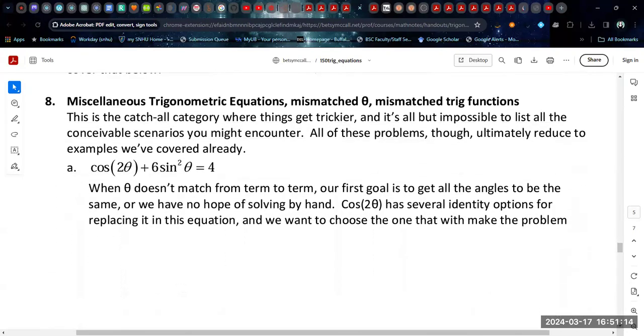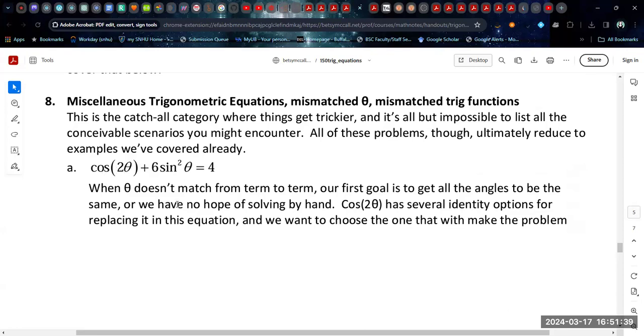Now, there are some other random, weird ones that get thrown into the problem. These can be a little bit trickier. You have to be sometimes a little bit more clever. It's impossible to list all the conceivable scenarios, but typically these problems will reduce to ones that we've already done. So if you see something like this,